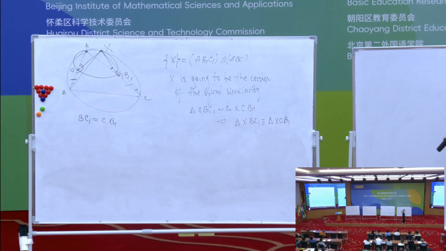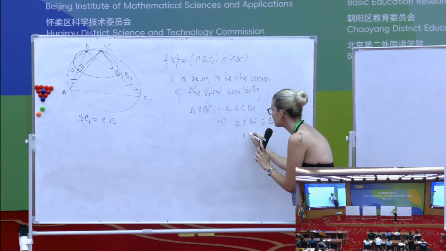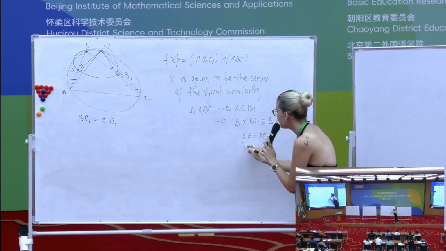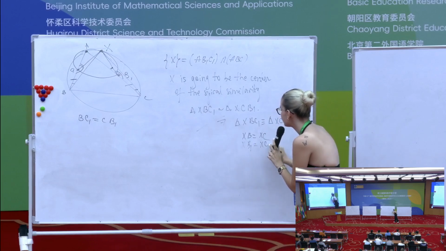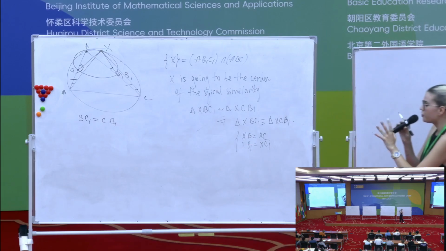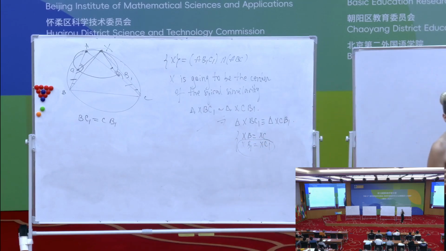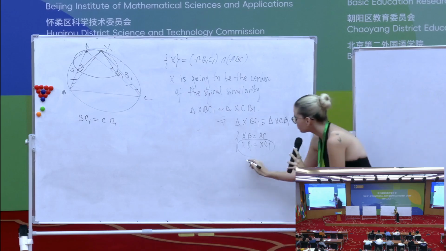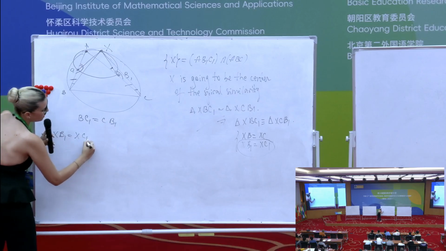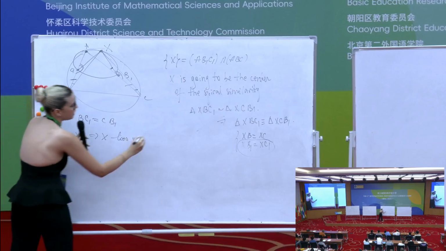Okay, so what do we actually obtain? We obtain that XB equals XC and that XB1 equals XC1. That's actually great because, first of all, look at what we obtain right here. XB1 equals XC1. It means that X, so let me write it here, XB1 equals XC1 implies that X lies on the perpendicular bisector